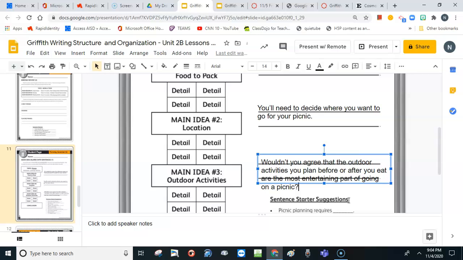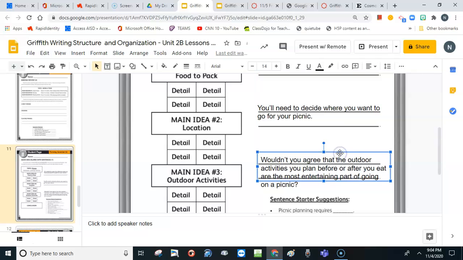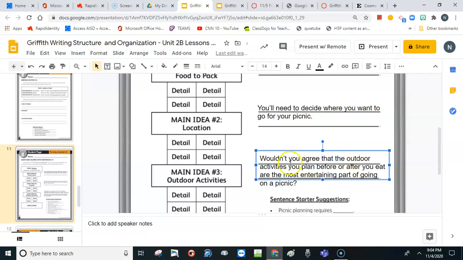Well, that was a long sentence. Let me see if I can move it up a little bit so you can see it better. Okay, wouldn't you agree that the outdoor activities you plan before or after you eat are the most entertaining part